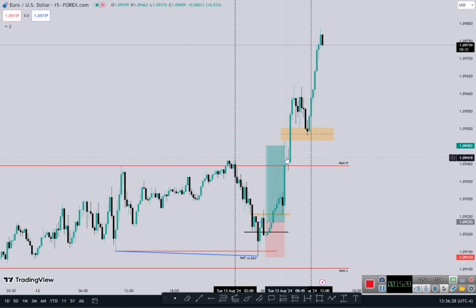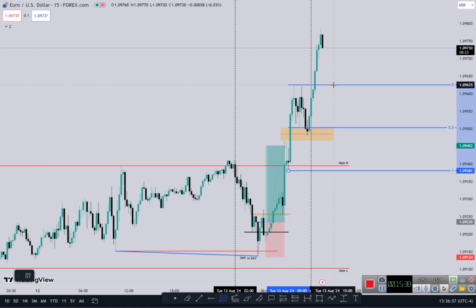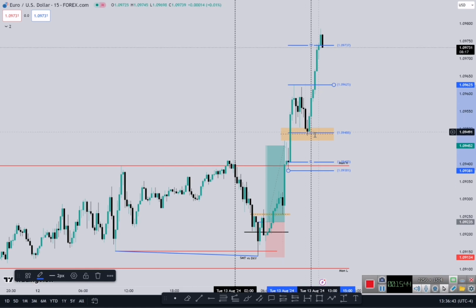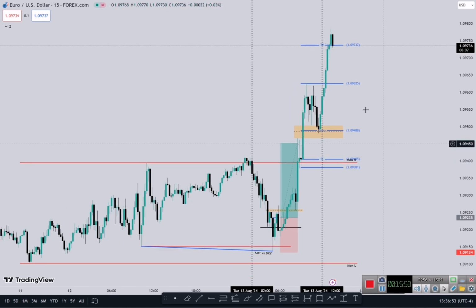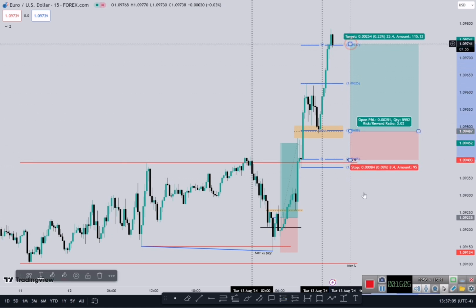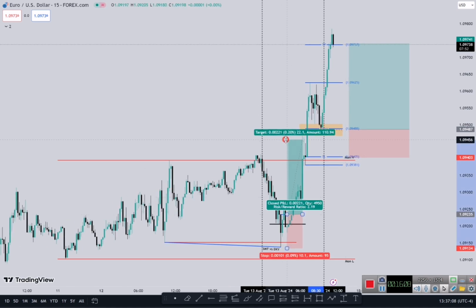In here you can see after this expansion, we had a consolidation, then another expansion. So you can also take this low to this high, like this, and enter at this fair value gap, which is hourly and 15-minute fair value gap with the stops in here and target this level. This would be also a 3 hour trade if you had taken like this. So these were the trades that you could take for today,